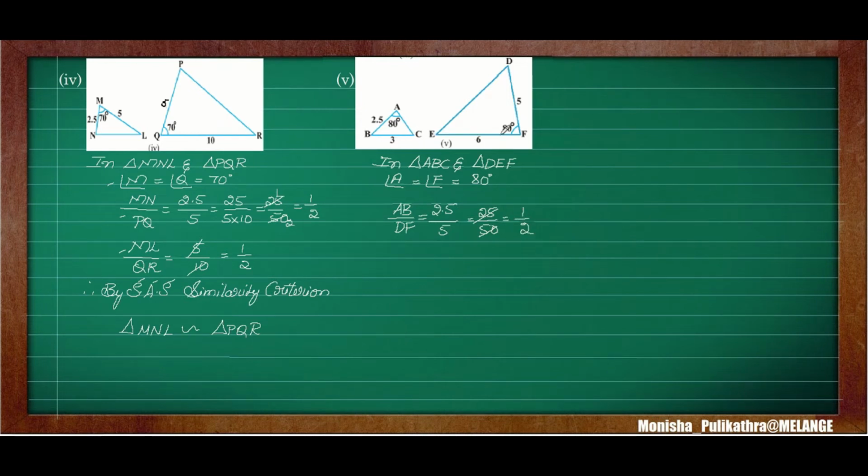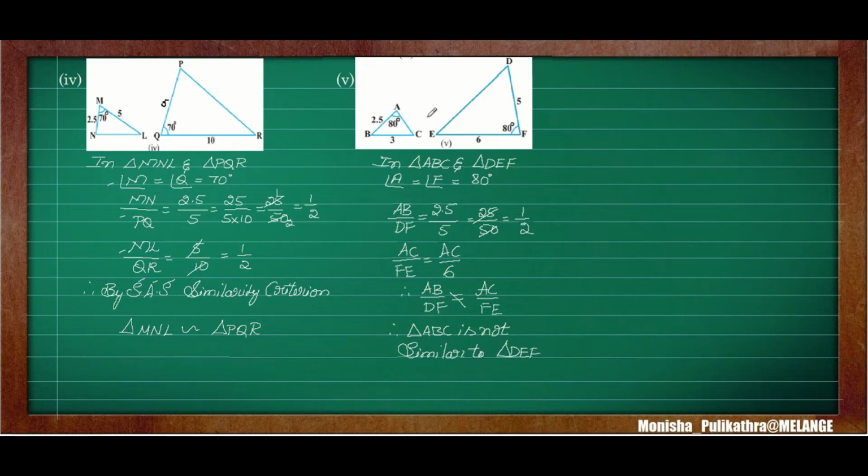In the same way, if you take 3 by 6, by dividing it you will get the same ratio itself. But that is absolutely wrong, because the side given here is AC. The ratio which we can take is AC and EF itself. So the second ratio must be AC by FE or AC by EF. Here AC is not given, only FE is given, that is 6. Therefore, the ratio AB by DF is not equal to AC by FE. Therefore, triangle ABC is not similar to triangle DEF.